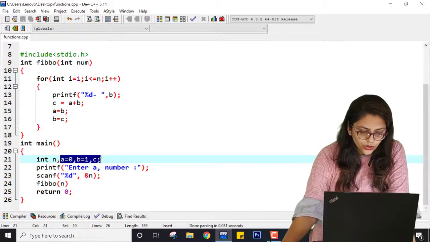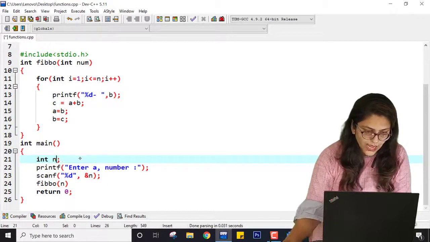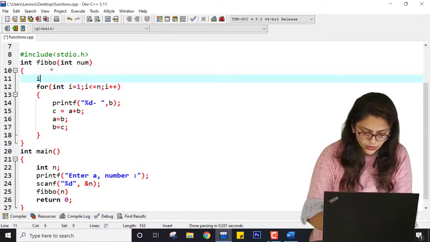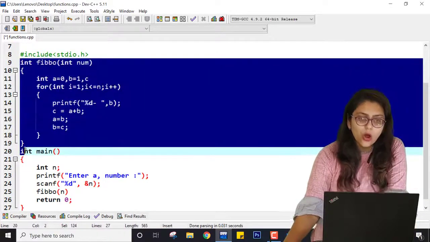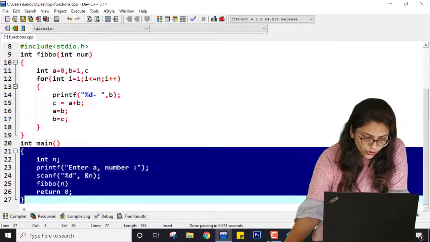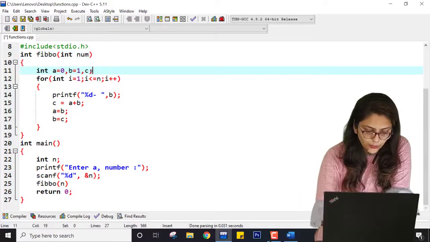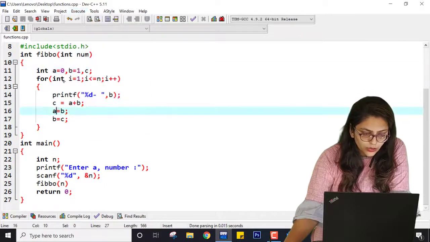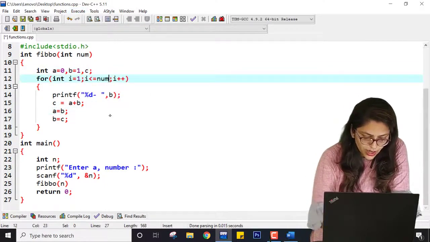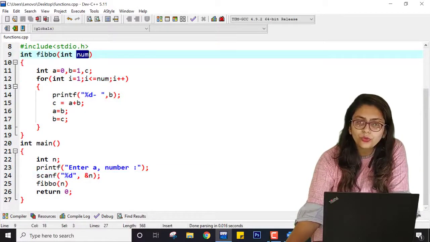So I should copy this and paste it over here, because now A, B, C belong to this block, not this block. So I have to declare A, B, C over there. I hope you guys are understanding. Let me save this program, and here also instead of N it will be num, right? Because the value of N will be copied to num.